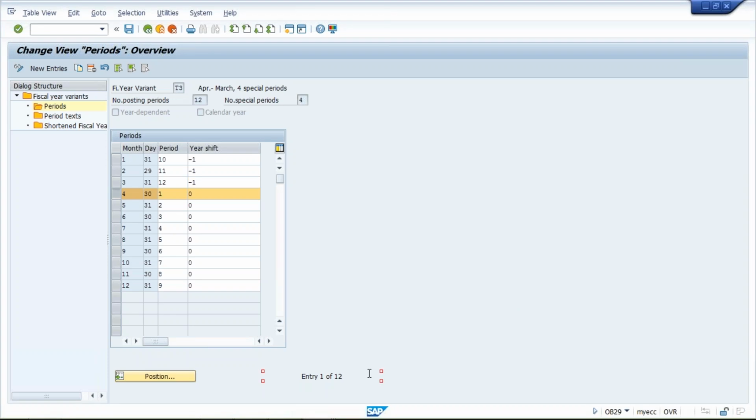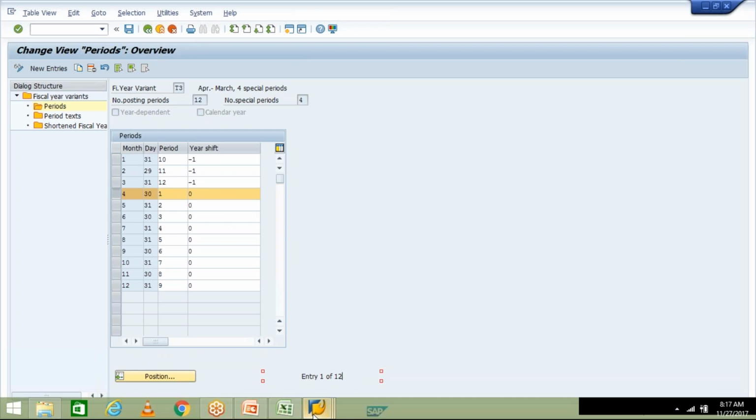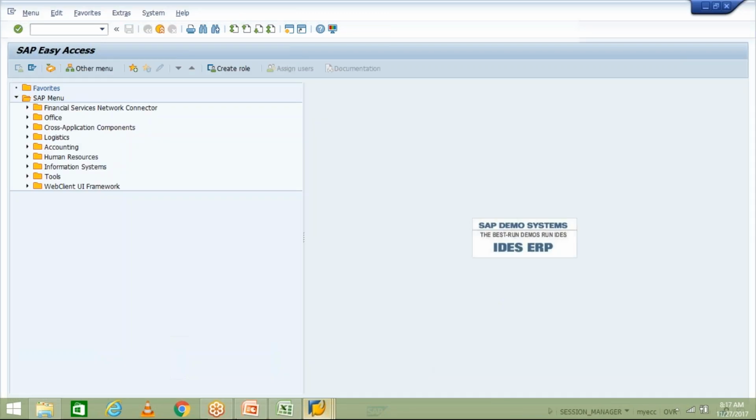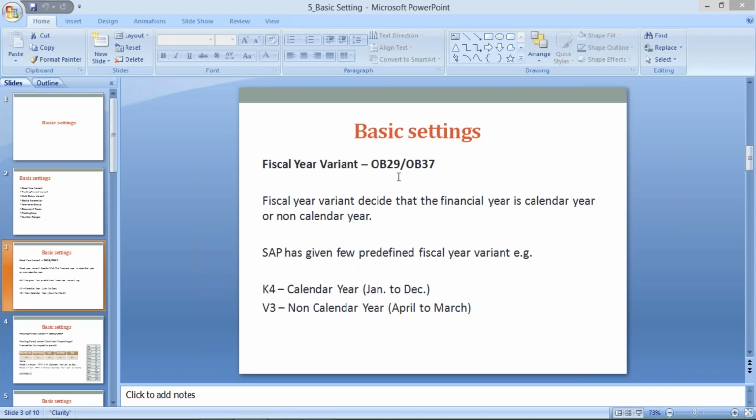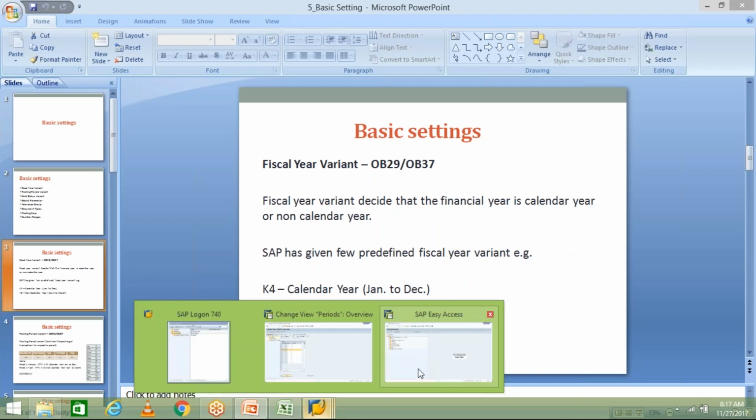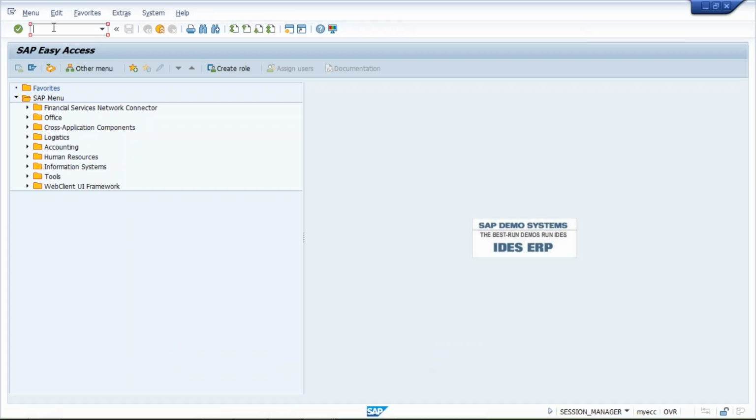We have to link our fiscal year variant with our company code so that SAP will come to know that this T3 will be used by Tata Motors. So I have opened a new screen and used transaction code OB37. OB29 is to define, and OB37 is to assign this fiscal year variant to your company code. So use OB37, press enter,